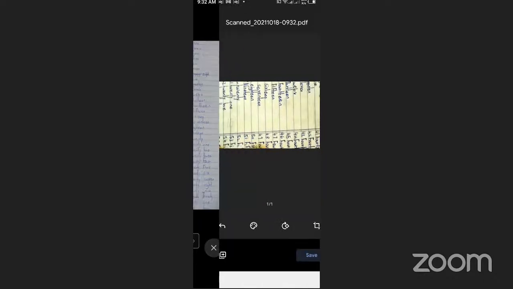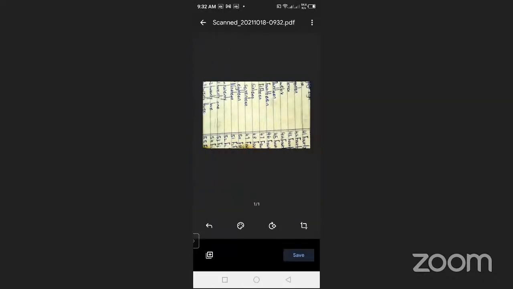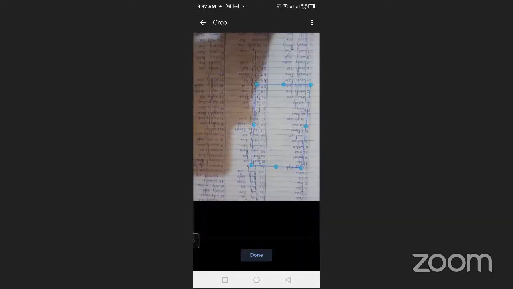So I make sure it has taken the entire page. Sometimes it crops badly, so you use this crop thing and you adjust the page so that it takes all the work. Otherwise, if you don't adjust,